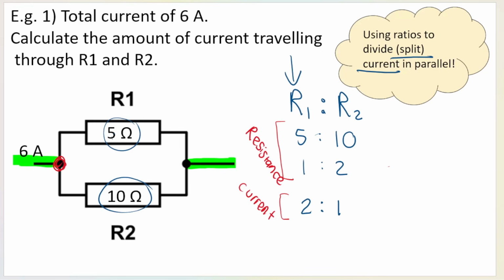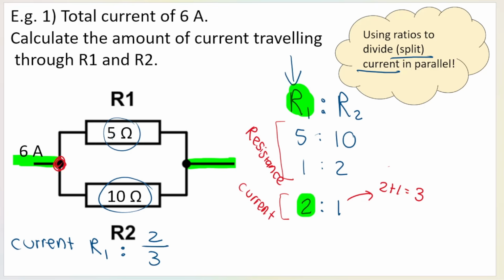Now what we're going to do is something that we did in grade 9 maths and grade 8 maths, where we split something into a ratio. You may have learned splitting into a ratio in different ways, but what you do is you add the parts of the ratio together. So 2 plus 1 is 3. Now if I want to work out the current going through R1, I'm going to write that at the bottom here, current in R1. I take the part of the ratio that corresponds to R1. You follow R1 all the way down to the bottom, it's 2. So you go 2